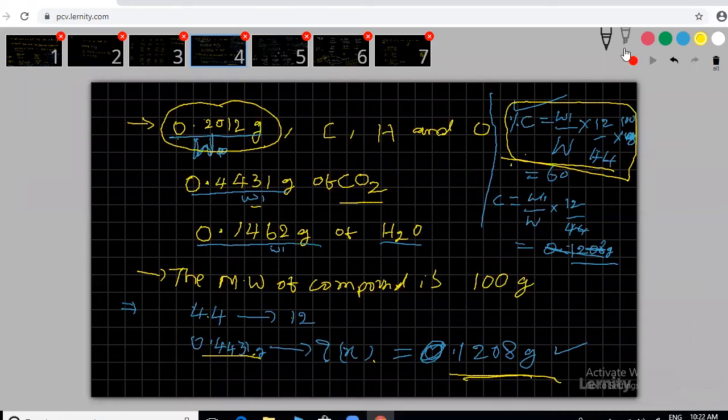Please find any other. Or you can ask someone what W1 is. W means the total weight of the organic compound that they mention. In the two questions I gave, the weight of the organic compound was mentioned. In the previous question I gave 7.3 grams, that is the total weight of the organic compound. That is capital W.